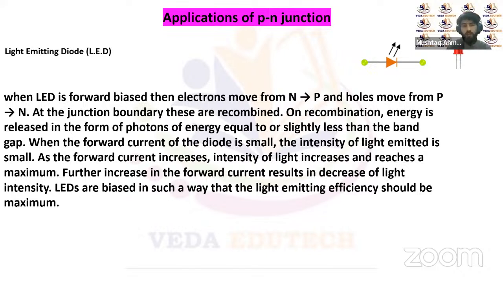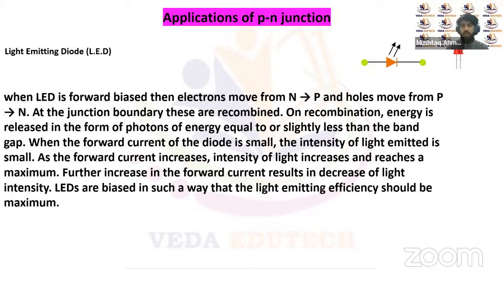So how does the LED work, right? LED works in a forward biased condition. When the LED is forward biased, the electrons move from the N side to the P side and holes move from the P side to the N side, right? So at the junction boundary, recombination of the hole electron pairs takes place. And once these hole electron pairs recombine, there is a release of energy in the form of radiation,